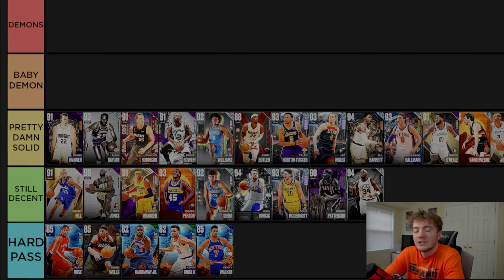Elgin is just too undersized, I think, to play the three. Like, he's like 6'7" or 6'6" or something like that, 6'5", something like that. And it's not great. He would be better as a 2, better as a 1, honestly. Like 2K19, he had that Opal and everybody ran him at point guard. It was really good. But aside from that,